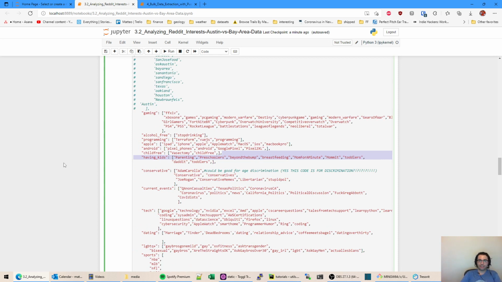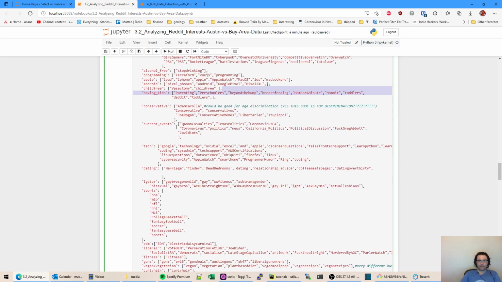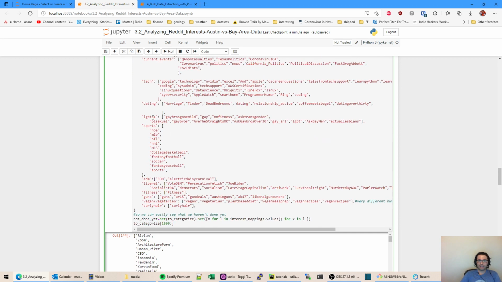Another thing that might be better is to look at the max overlap between the different subreddits, because we care about comparing things. Anyways, I'll just look through a couple of these that are kind of interesting. So LGBTQ plus, I believe, is the vernacular. Gay bros gone mild. That's probably people who are interested in gay bros. So probably LGBTQ plus. So a lot of these, there's lots of subreddits that you can see if someone leans that way or is just interested in it.